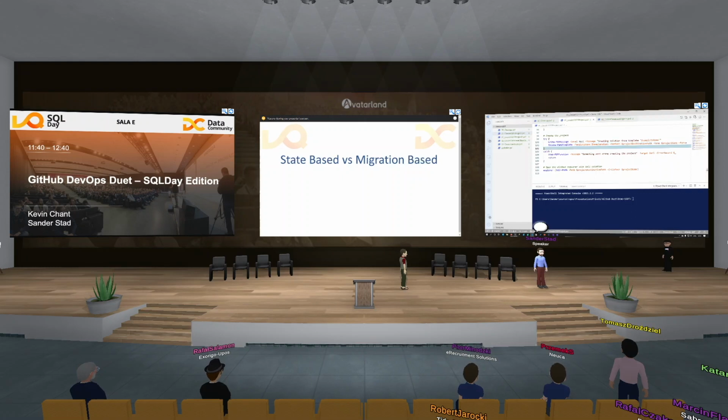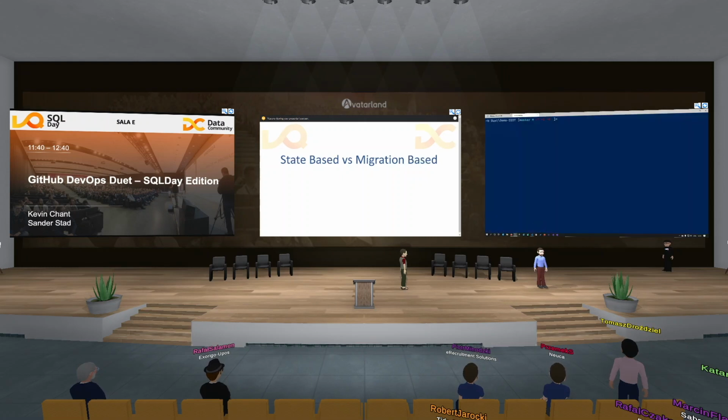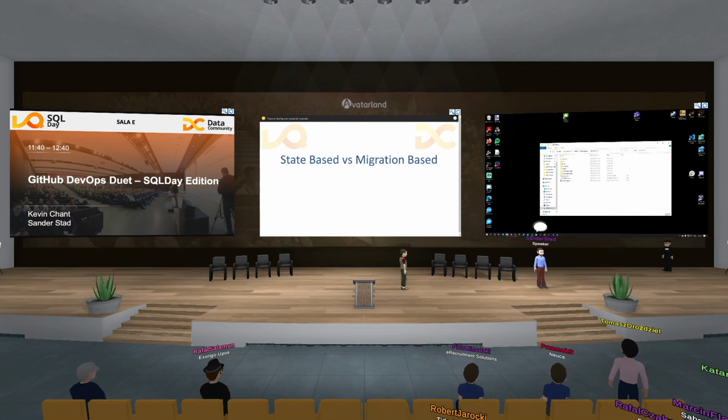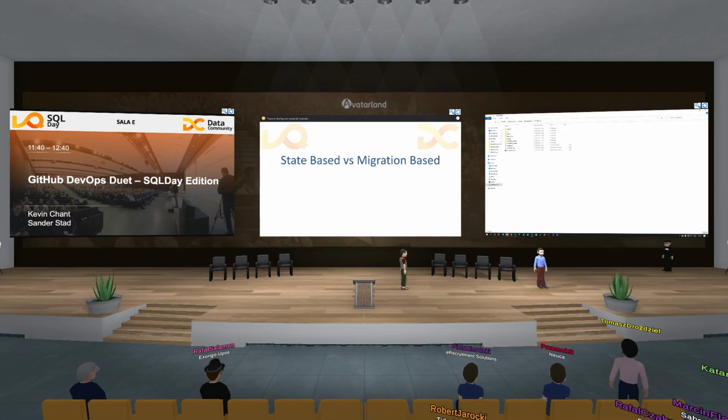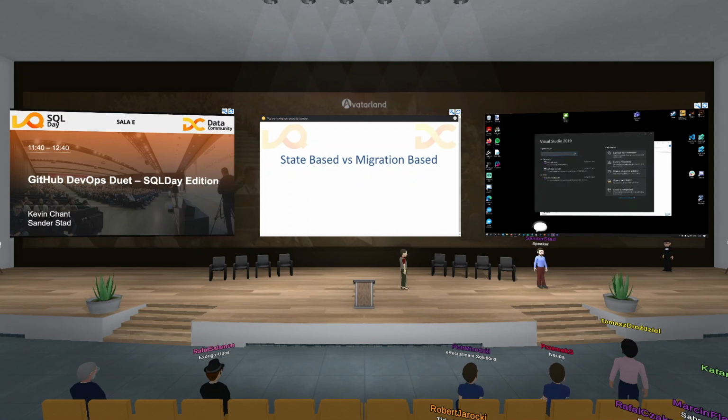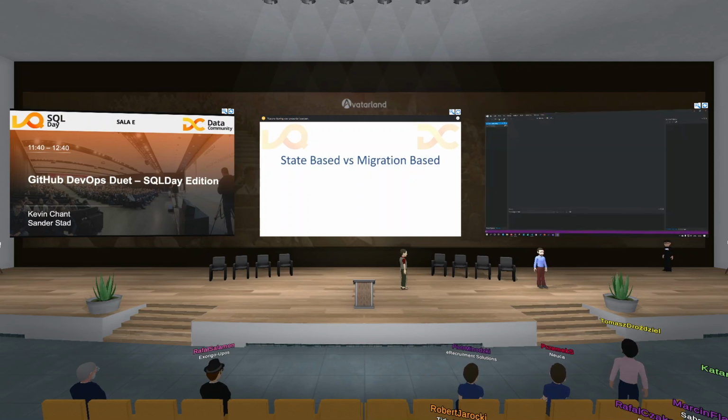And if I run that to create my SSDT project, it will download my project from my GitHub page, and now I have my solution ready to go. Oh, there we go. So if I open that in Visual Studio,